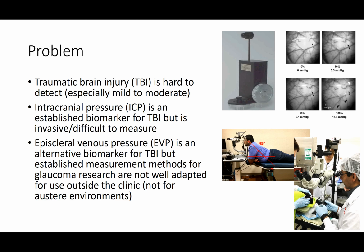Fortunately, we do have a quantitative biomarker. Elevated intracranial pressure, ICP, has been linked to the onset of traumatic brain injury. However, ICP is really hard to measure. It's very invasive. And so we're interested in an alternative newly emerging biomarker called episcleral venous pressure, which allows us